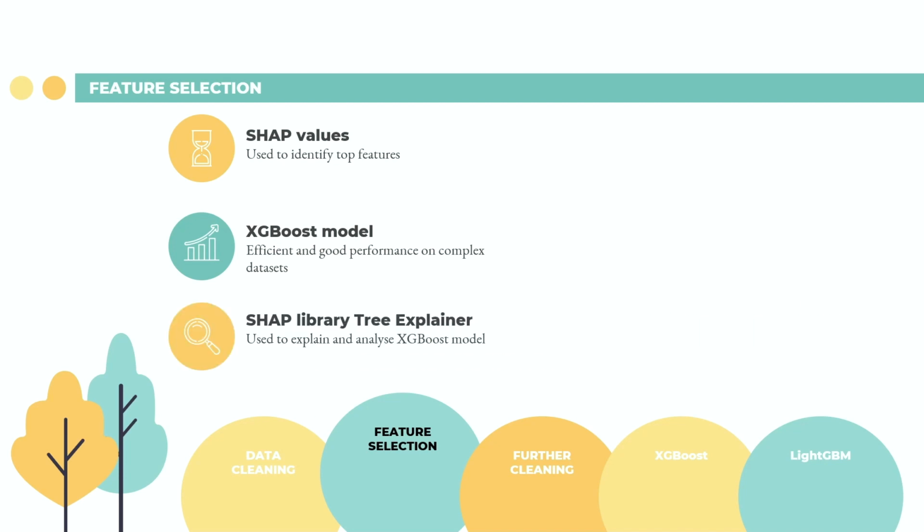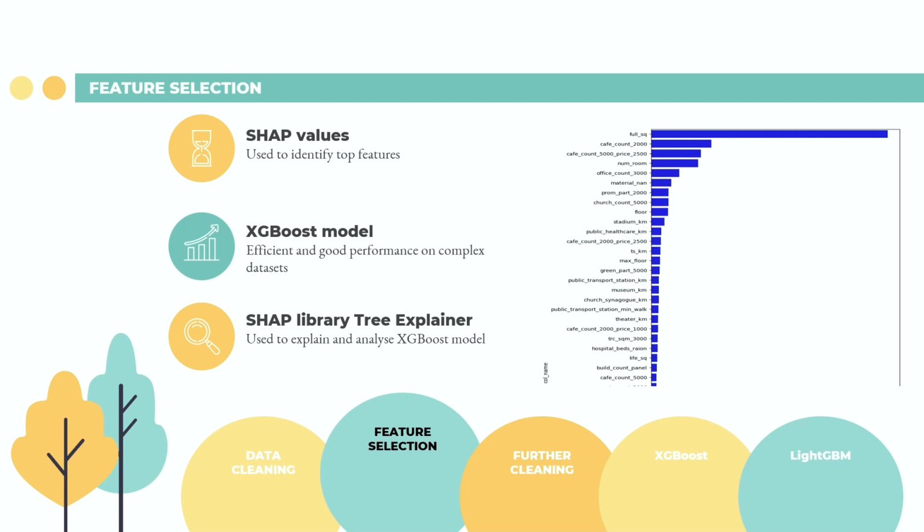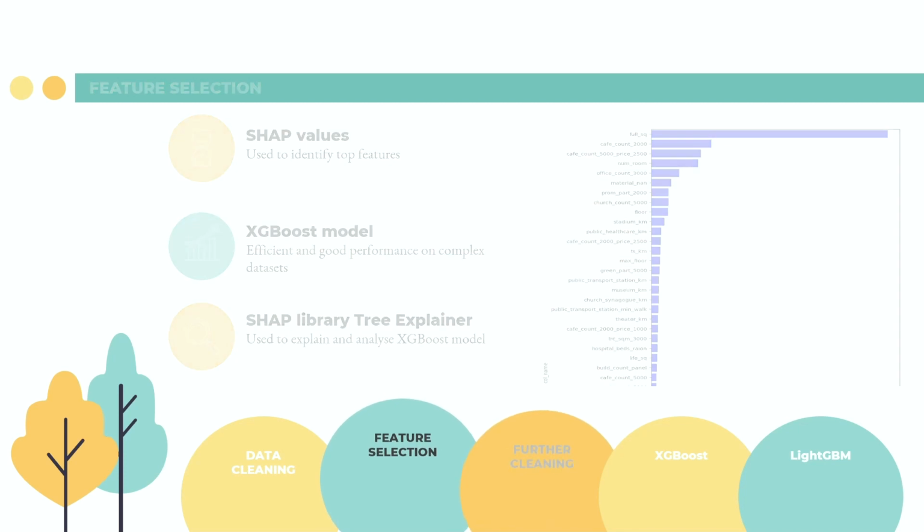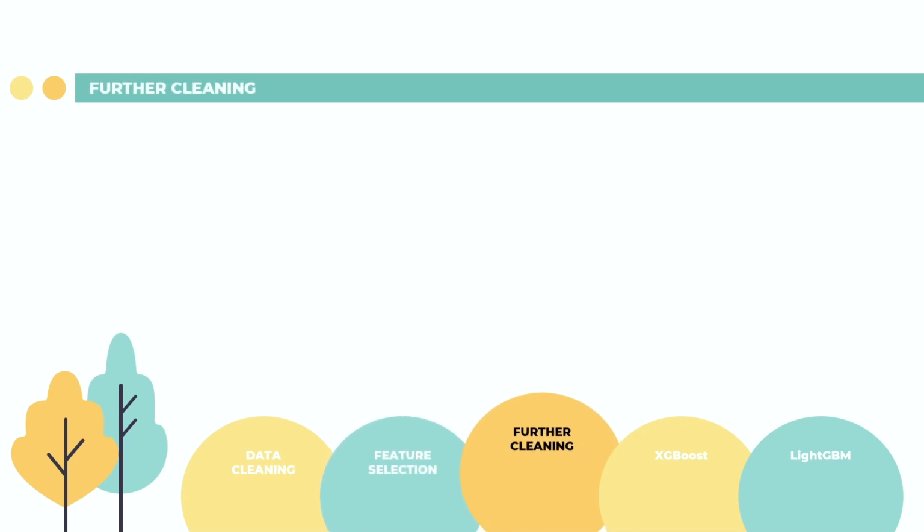Finally, with the help of the SHAP library's TreeExplainer class, the XGBoost model was explained and analyzed, helping to identify the key features. The top features of our model were then generated, as can be observed from this chart of the top 50 features. Initially, we filled in the missing values of each column with the mean value of that column to tackle the problem of missing values. Now that we have our top features, we take a more granular approach to fill in the missing values for the columns of higher importance.